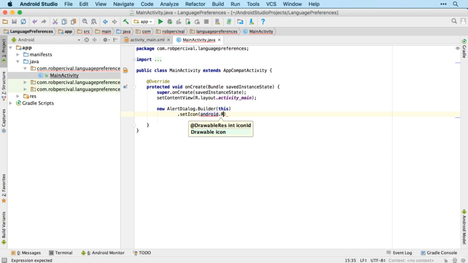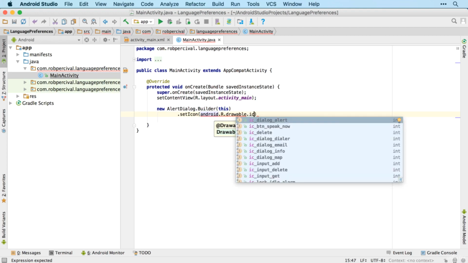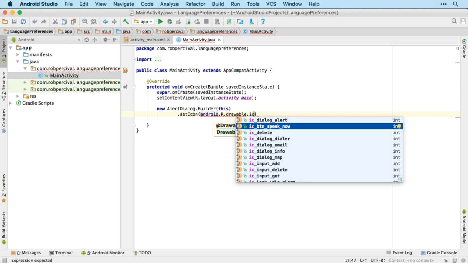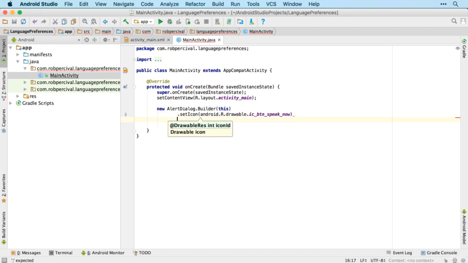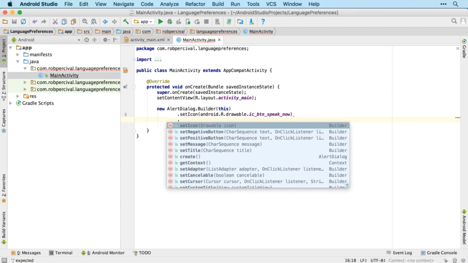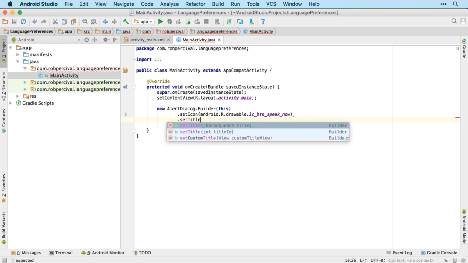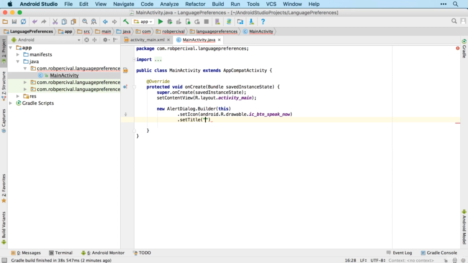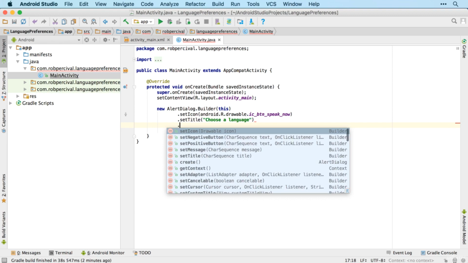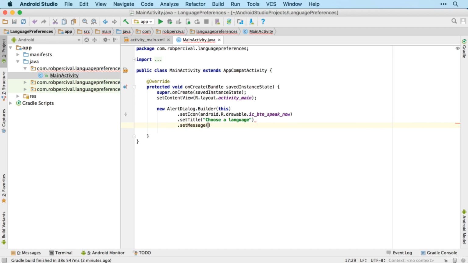So we'll use android.r.drawable.ic, and I'll go for speak now, just for a bit of variety, as we're talking about language. So we'll set the title to choose a language, and then we'll set the message to which